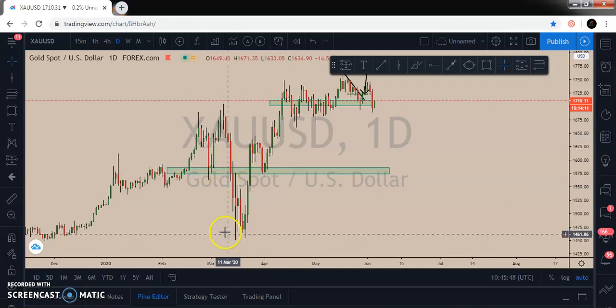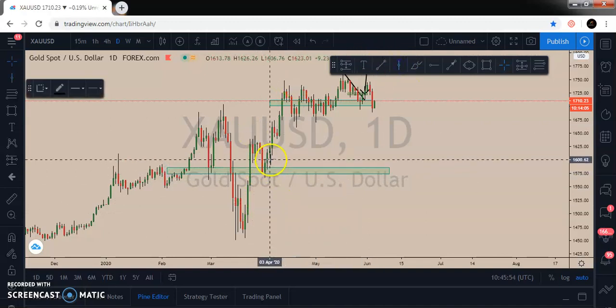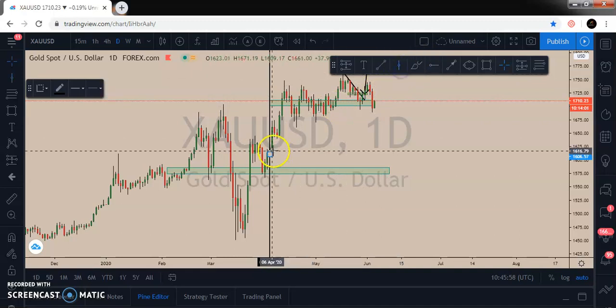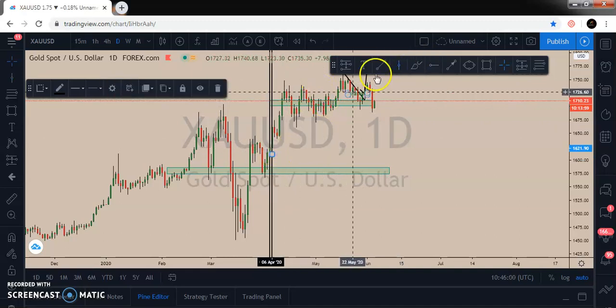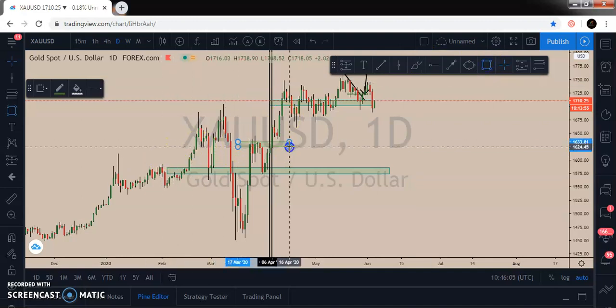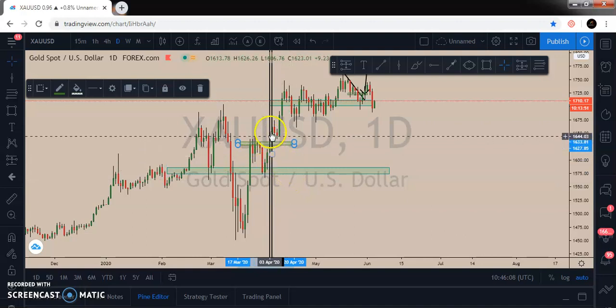This is the left shoulder, the head, and the right shoulder. Now let's say you want to backtest this, and you just pick these tools. You pick the first 2 or 3 candles that break the structure level. Let me identify the structure level for you. This is the structure level that we are looking at now, not this right shoulder. This is the structure level. It was broken.